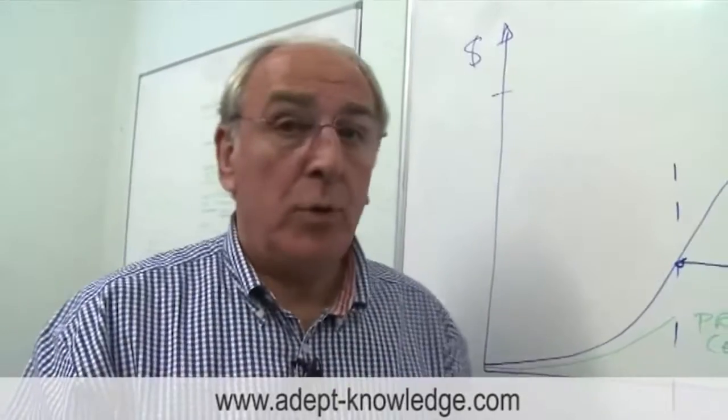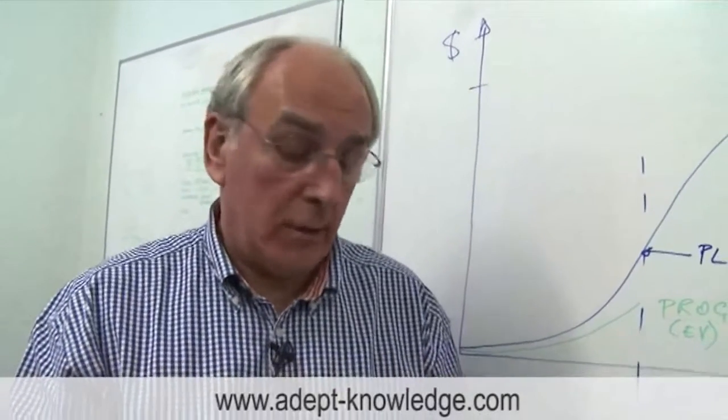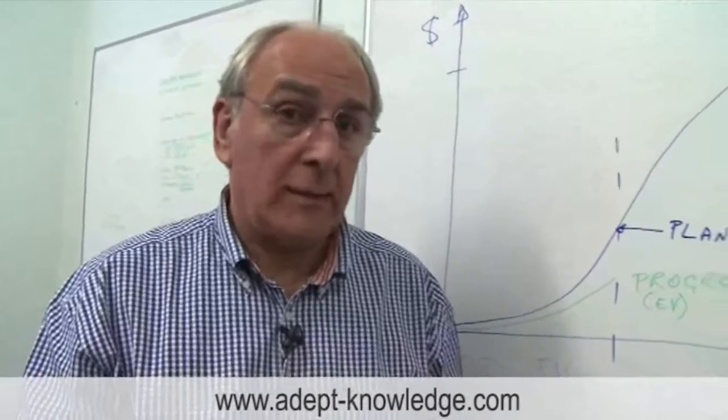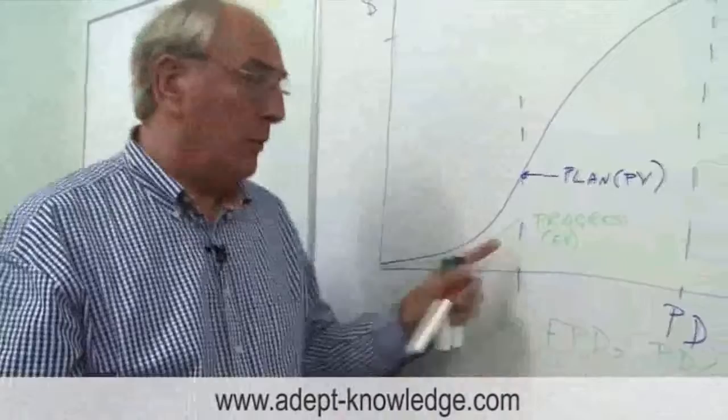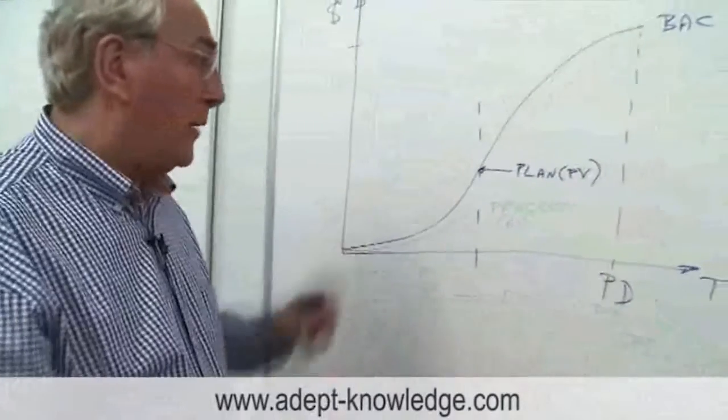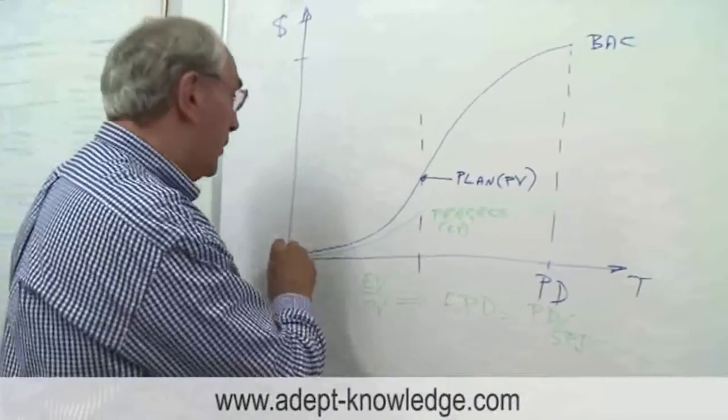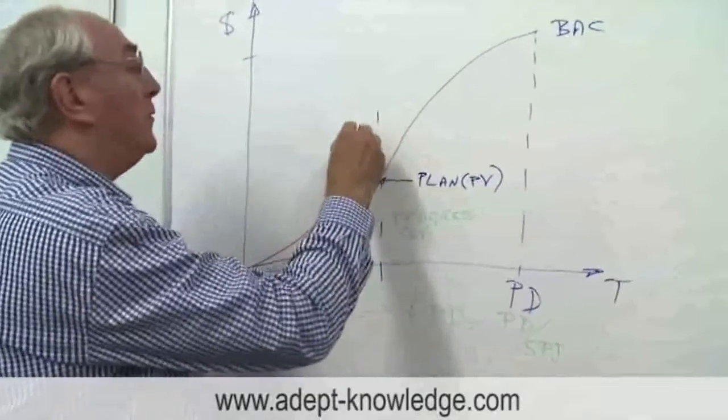Now the next most important thing to measure on that is what's known as the cost performance index. To do that, you need to know what the costs are. How much have you spent to do that work? Well, you can see from the diagram that I'm about to draw that I'm mostly used to seeing very, very